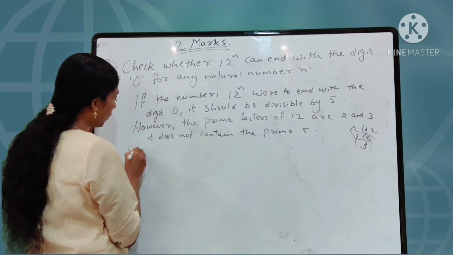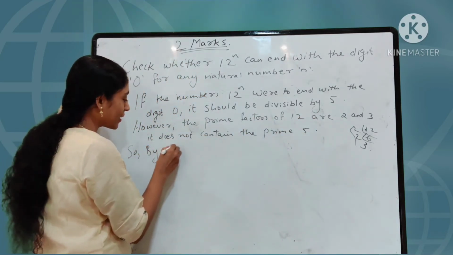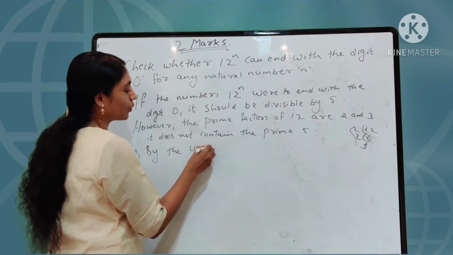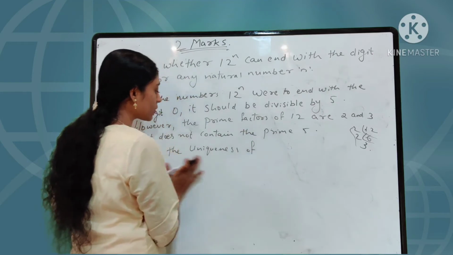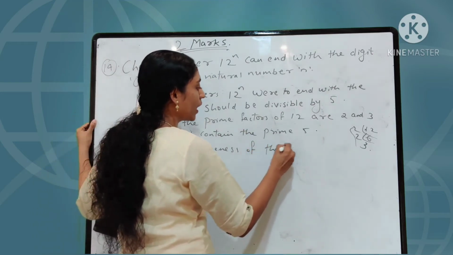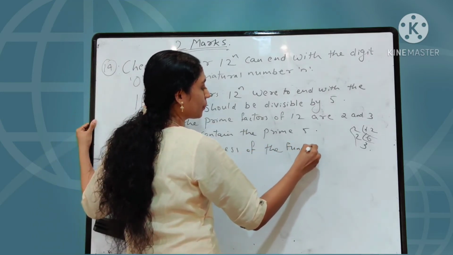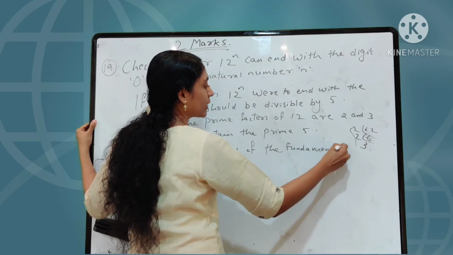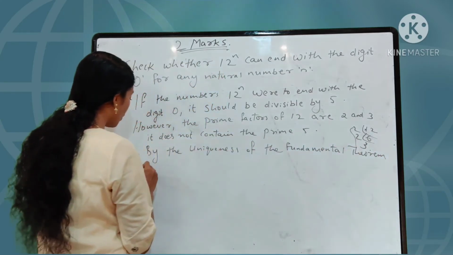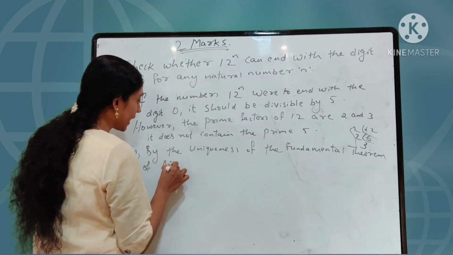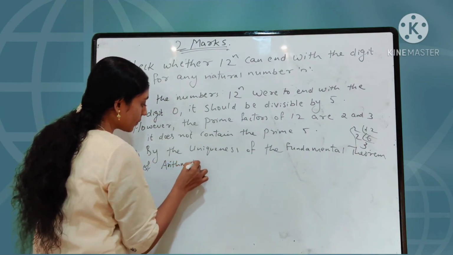So by the uniqueness, you have to write this word, okay? So you have to write this sentence. So by the uniqueness of the fundamental theorem of arithmetic guarantees that